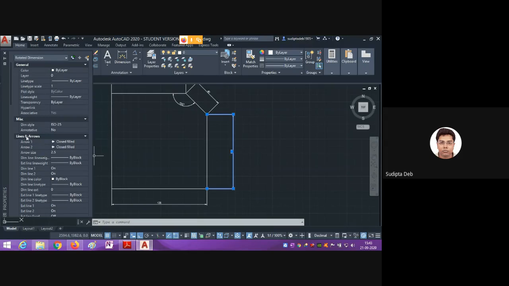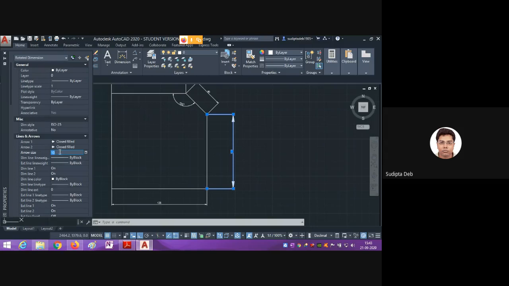In lines and arrows, you can change the arrow size. Suppose I am changing it to 10. Just see, if you click here, what you will get? Arrow size has changed to 10.